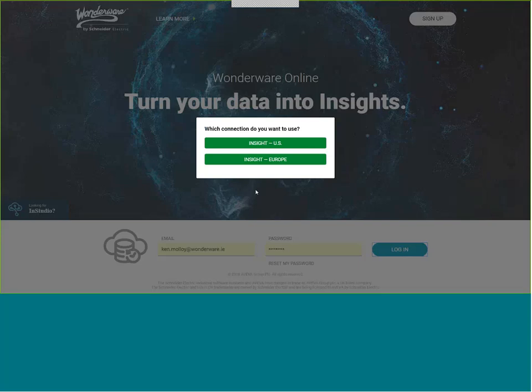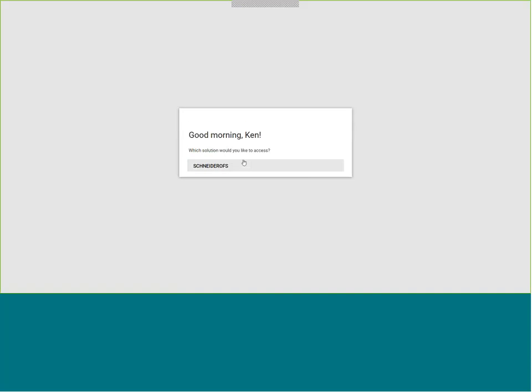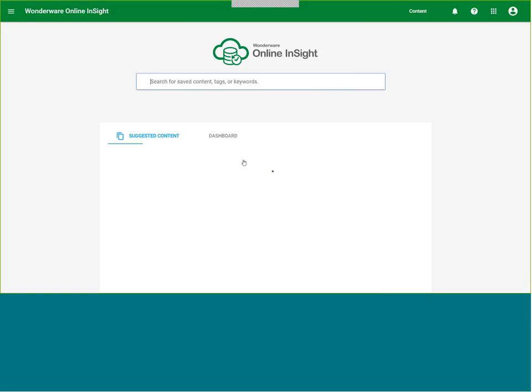Insight Performance is hosted in a number of data centers globally. The US, and in Europe there are data centers in Dublin and the Netherlands. Australia is going to be added to serve the Asia Pacific region soon. My particular performance solution is hosted out of North America. And I can log in here, select my solution, Schneider solution, and I'm presented then with my Wonderware Online